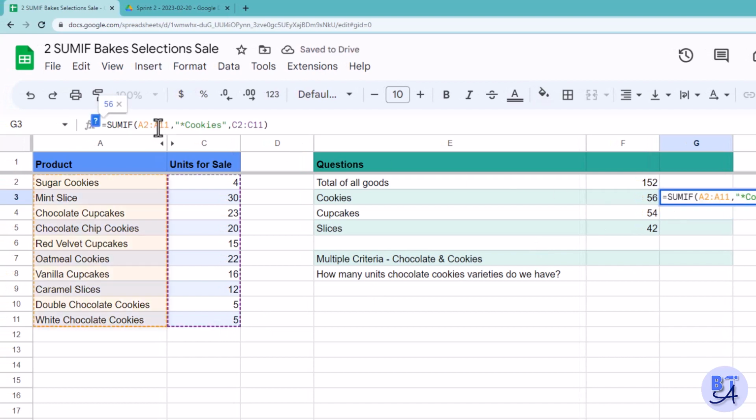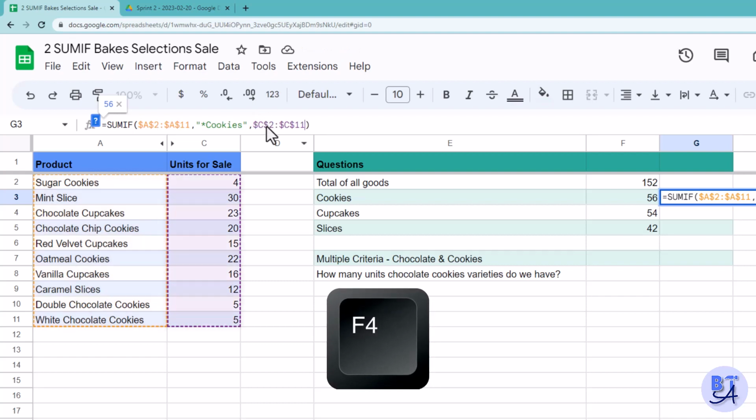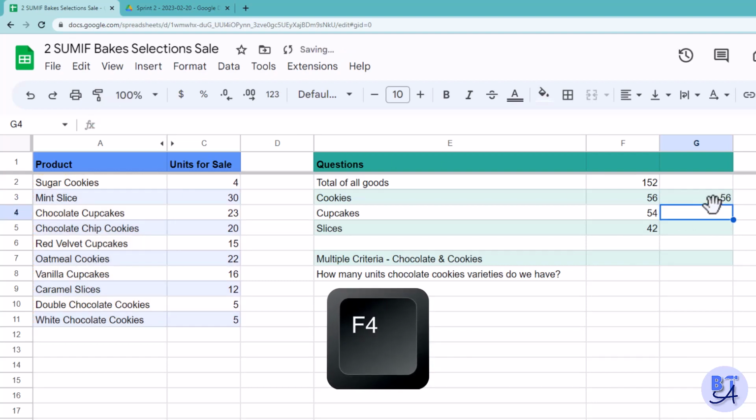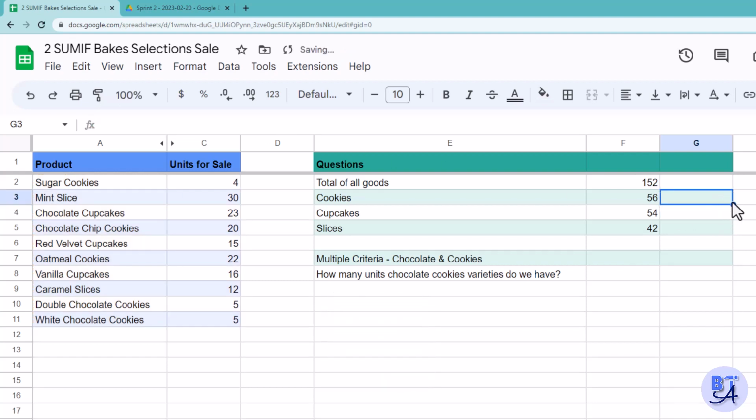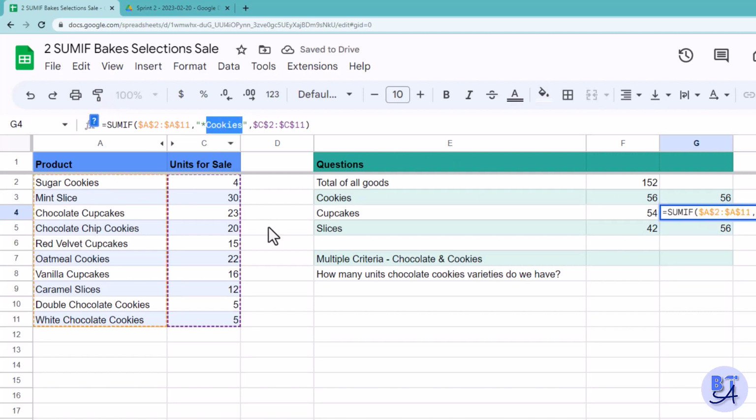Now don't forget, if you're going to be dragging these, you need to press F4 to put in those $, make those absolute. But of course, this keeps this term cookies the same. So for cupcakes, we write cupcakes. And for slices, we have a slightly different situation here in that we have slice and slices.